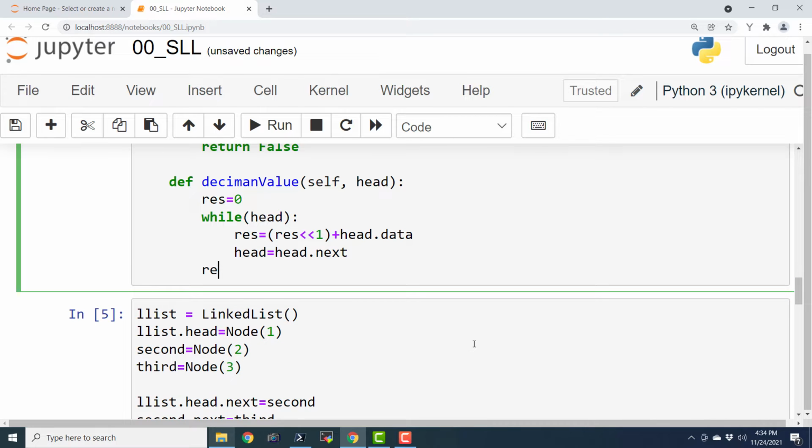Finally, return res. So the method is very simple.